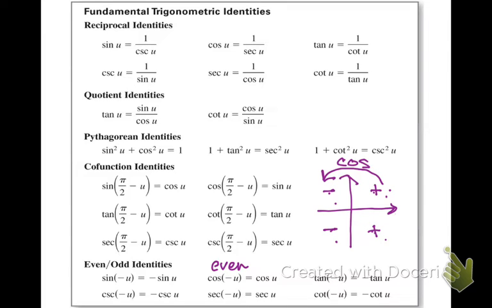Because if I go positive, I get positive, negative, negative, positive. If I go negative, I get a what? Positive, negative, negative, positive. Is it the same way, either positive rotation or negative rotation? Yes. Okay, now tangent and sine